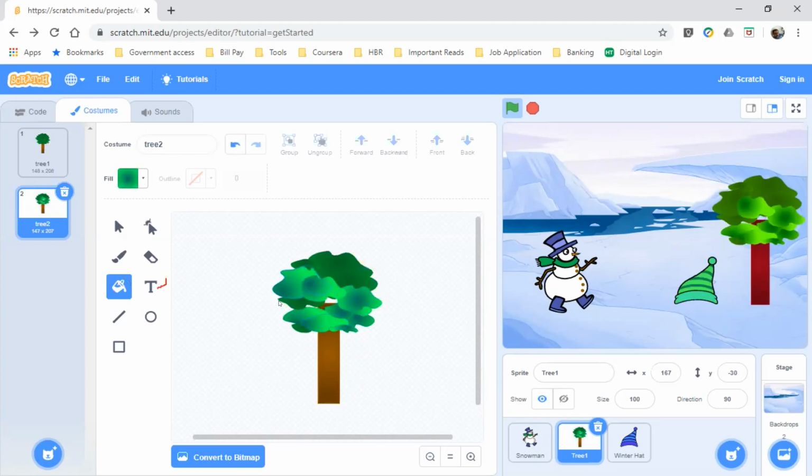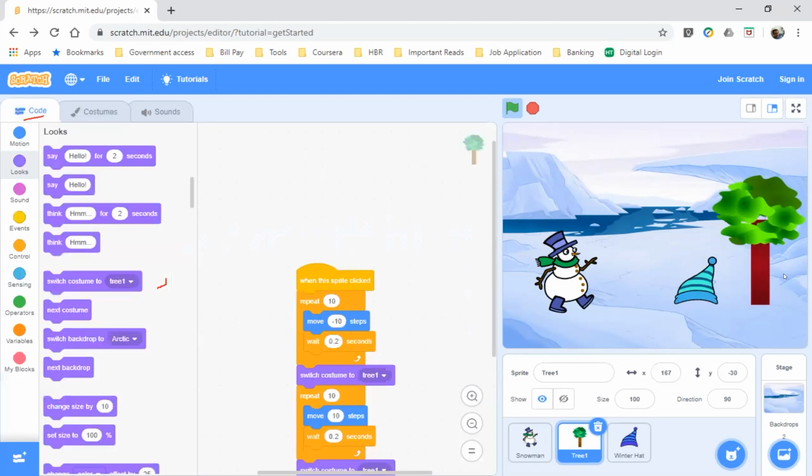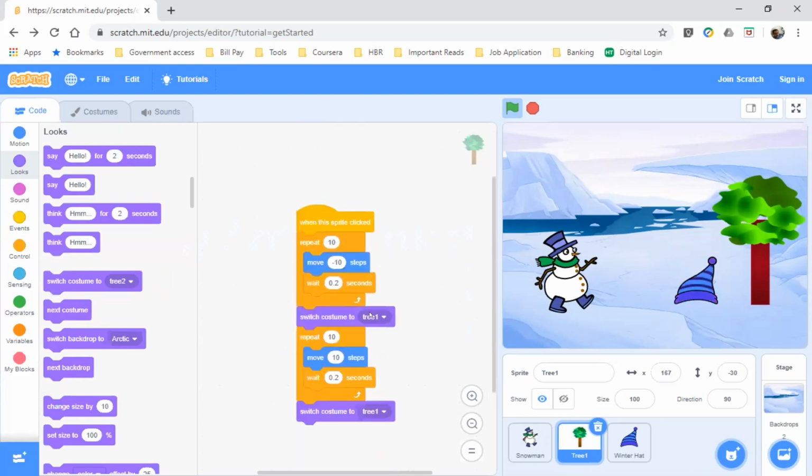Now let's go back to your code. Scroll down. Over here, select tree 2. Very good.